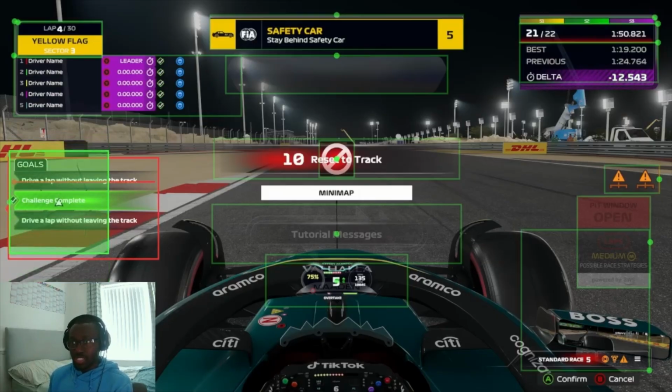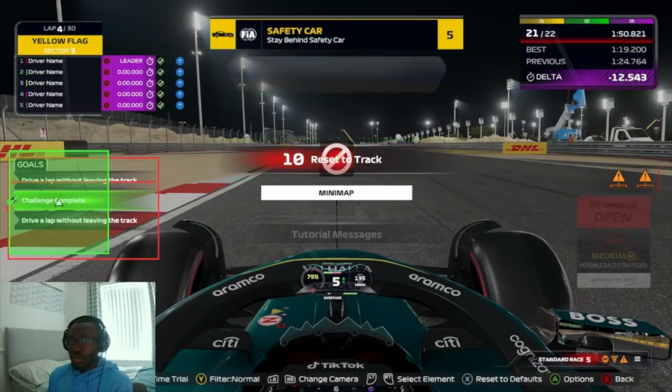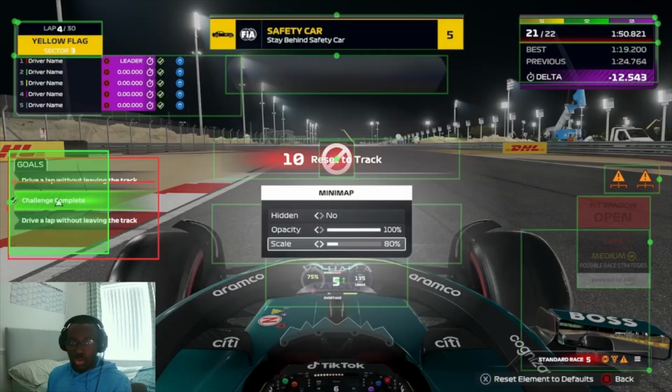If you guys saw my TTC Austria race I streamed yesterday, I had a webcam involved in that stream, and it didn't go too well, but I digress. But the minimap has just been moved up a little bit so my webcam doesn't get in the way of the minimap. And again, the full track map will give me information I need during qualifying and the race,